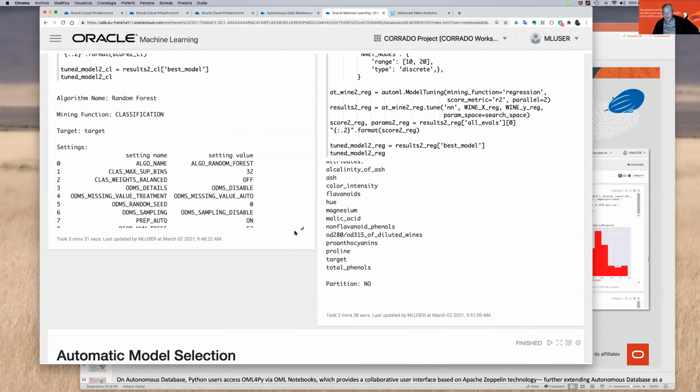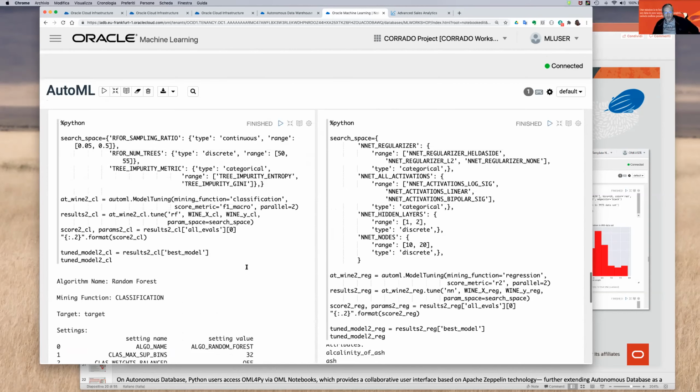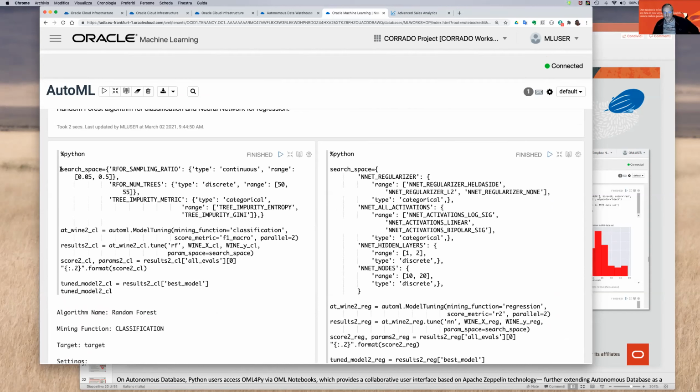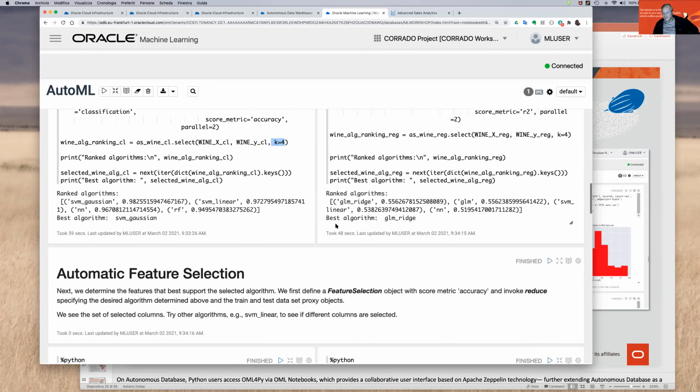Obviously, if you have a large database, a large data set, the search could take a long time. So we also offer the ability to restrict the search space for algorithms. So you can, for example, search algorithms only on random forest, or in this case, you can search in a neural network, establishing the range of nodes, the hidden layers, and all the activation settings. So this offers you a quick way to create the algorithms,